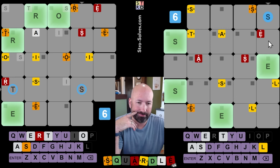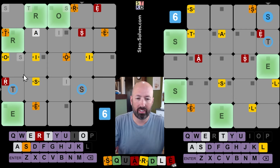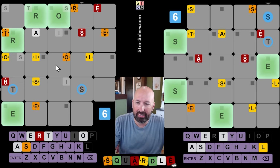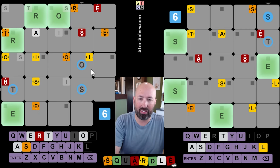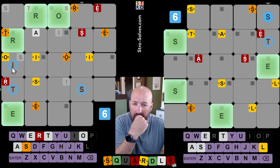So it's probably not SA. It could be ST. You know, something like steps. I don't know. Stews. Lots of things. Over here, I mean... So the I is now first or last in this middle row. And the O is second, fourth, or fifth. So unless it ends in OI, the O and the I are not going to be together. I'm kind of thinking I'd rather start with I than end with I, but...